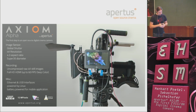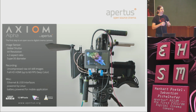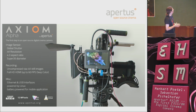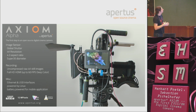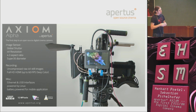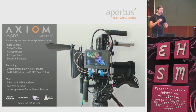And what you have seen so far is the dream that we are chasing. What we have as a first step now is a camera prototype that we call the Axiom Alpha. It looks rather fancy when it's rigged in such a big rig with viewfinder and recorder and mat box and shoulder grip and everything. What you can see outside is the bare bone version of that camera, which is basically just a black shoebox with a lens attached. And it already uses most of the hardware or the electronic components that we want to have in the final camera, but a simplified